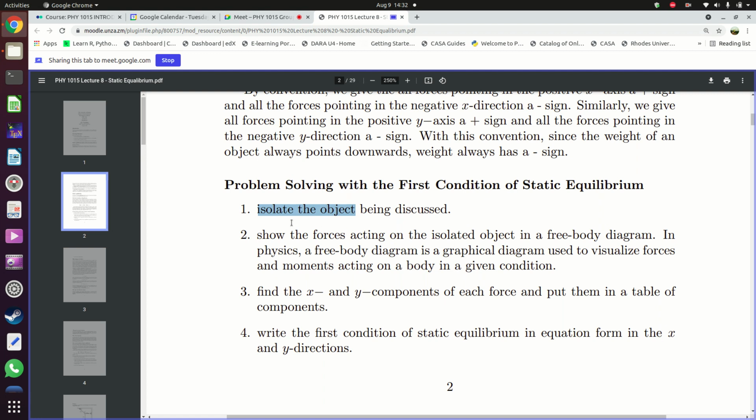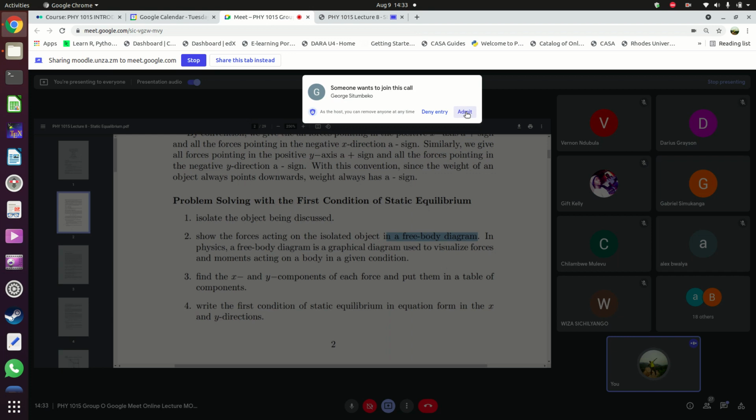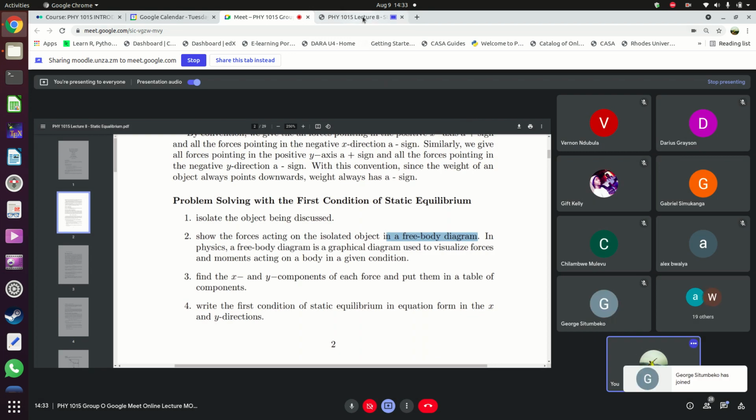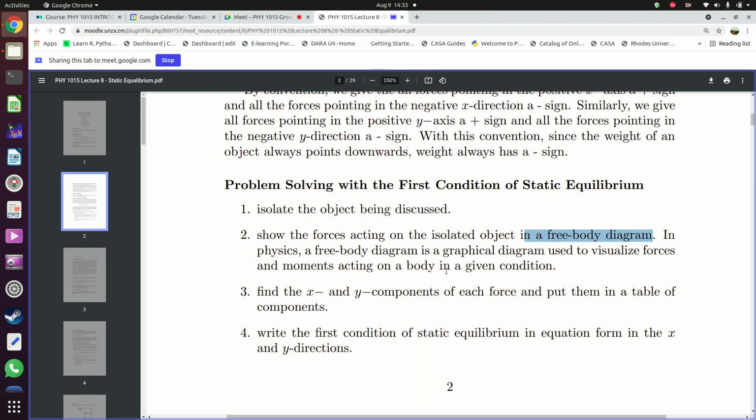Okay, so you isolate the object of interest, then you create what is referred to as a free body diagram. Then on this free body diagram, you show us all the possible forces which are acting on this particular object. There won't be many, maybe 4 or 5. Then for each force which you identify, after you identify all the forces acting on this particular